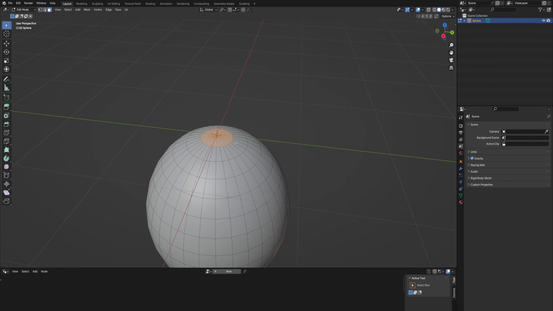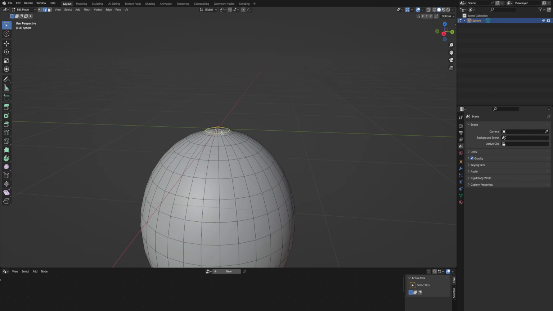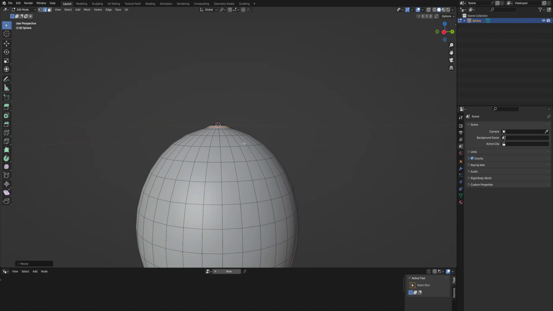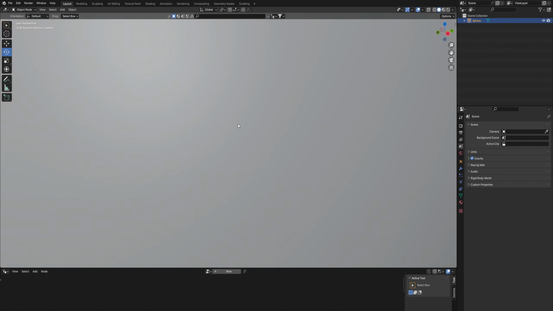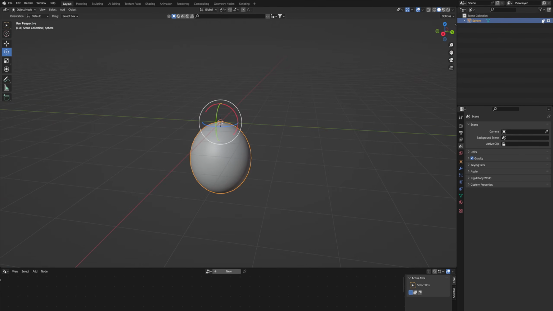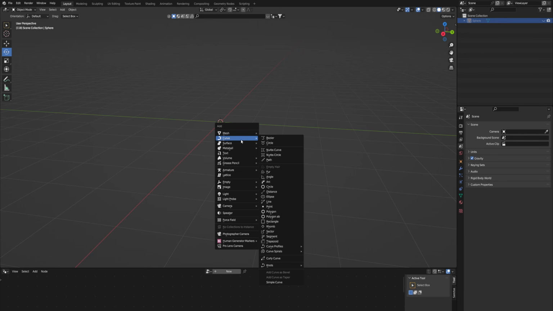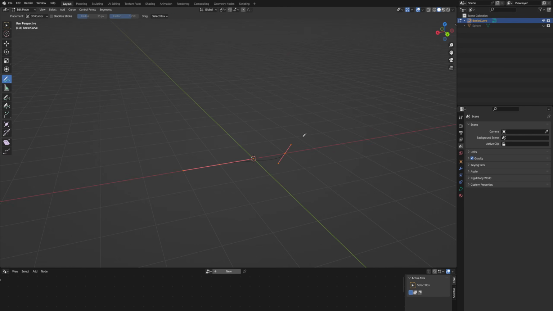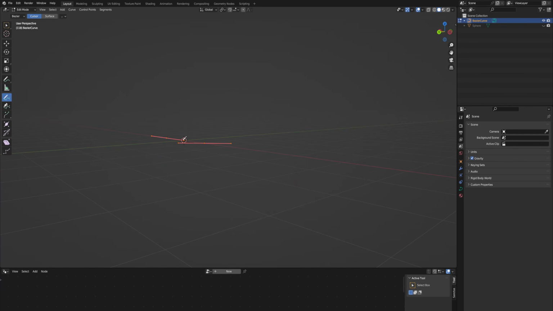Top faces up here, I'm just going to press I and bring them up a bit. This will just be the little nub that the grape is going to grow from. Something simple like that for now is good. I'm going to hide that. And to get started for the branch, we're going to use a Bezier. So we can draw it with this curve guide over here and do whatever kind of pattern we want.